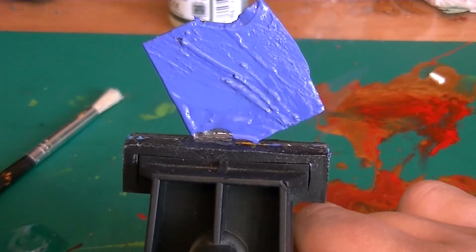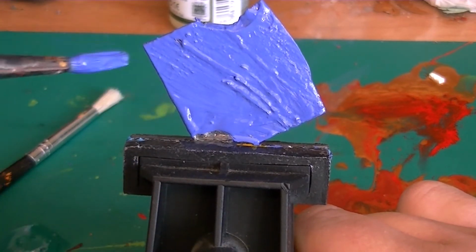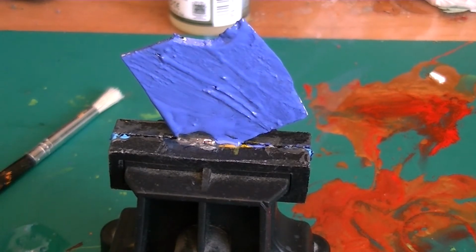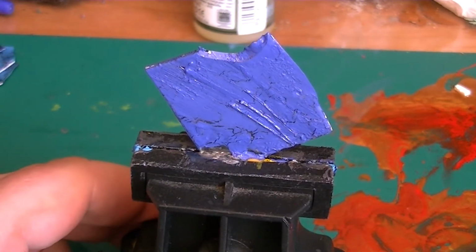There we go. As you can see, where I did that last stroke, it's kind of gone all thick and gloopy. So what we're going to do is leave that to dry and come back in just a second. Okay, so now that the top layer, the coloured layer, has dried, you guys will notice,